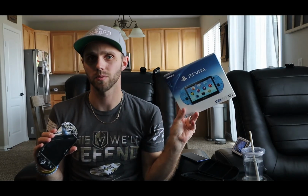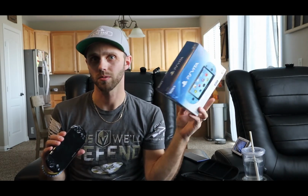But let's get started. So let's start with, I guess, the Vita itself. This is the one I have. It's the black version. It is the newer version. There was an original version which I don't have anymore, but I picked this one up a couple years ago because unfortunately I had this one as well, which is the blue turquoise one,